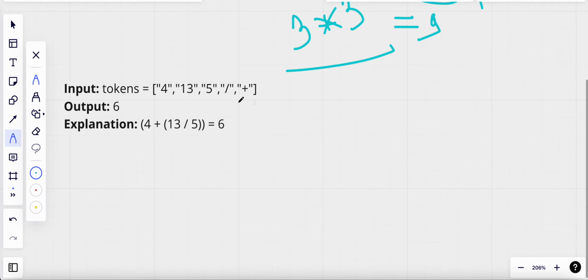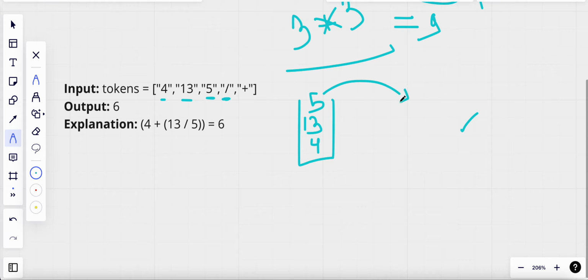Let's see this in another case. We start from an empty stack, and then we encounter a number, an operand. So we push it. We encounter 13, we push that value as well. We encounter a 5, so we push that value as well. Now we encounter an operator, which is a division sign, right? So when we encounter an operator, we pop the first two elements from the top. So we pop the two elements, which are 5 and 13, and we perform the division operation between these two elements,